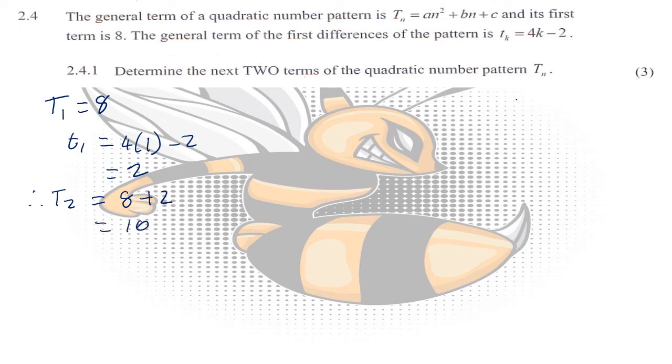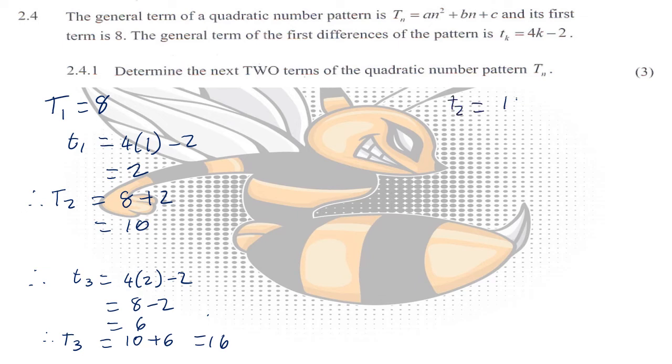As a reminder again, this small t1 we get from tk equals 4k minus 2, because it's the differences between the terms. Then for term 3 we need to know what small t2 is, which would be 4 times 2 minus 2. So it's going to be 8 minus 2, which is equal to 6. Therefore term 3 will just be equal to 10 plus 6, which would give me 16. So the terms that you needed to know are then term 2 is equal to 10 and term 3